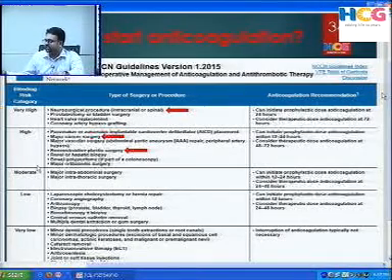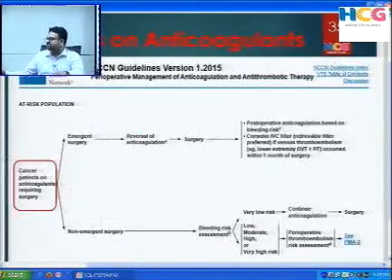When the bleeding risk is high, as in major cancer surgeries, reconstructive plastic surgeries, renal or hepatic biopsy, in such cases we can start the anticoagulation prophylaxis at 12 to 24 hours.